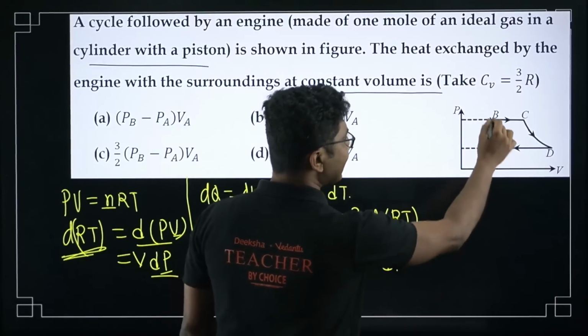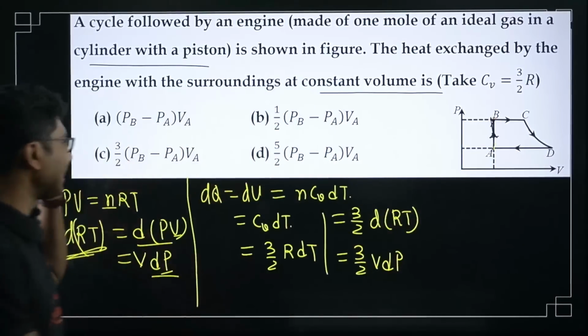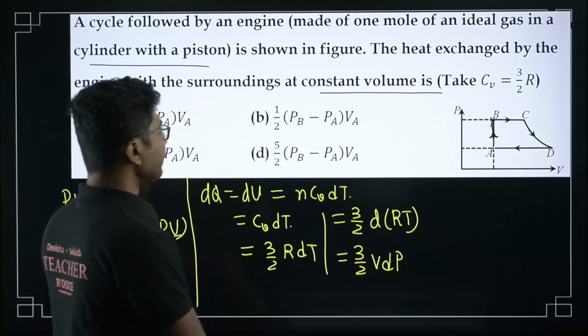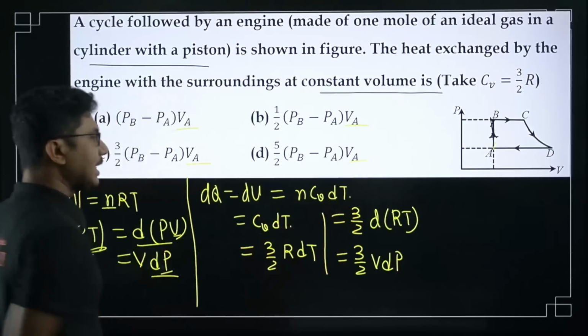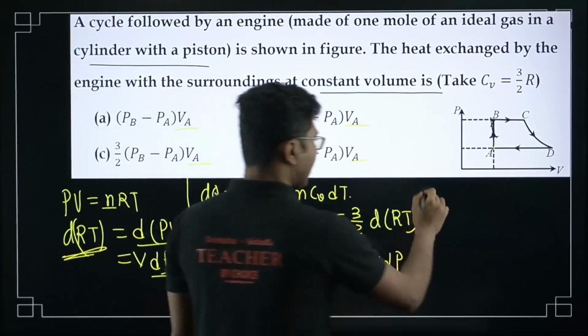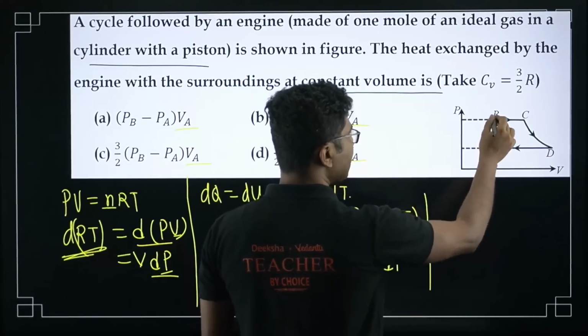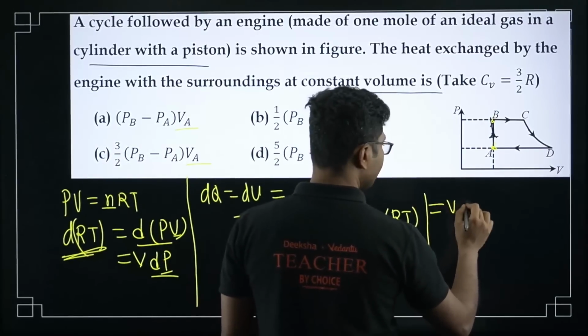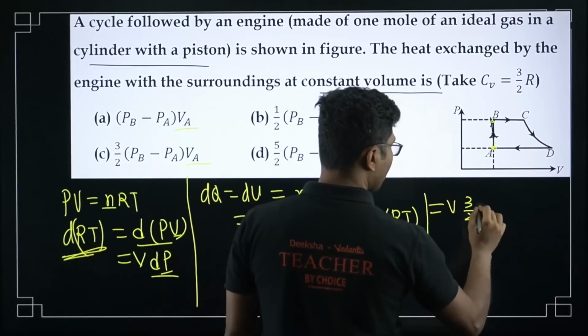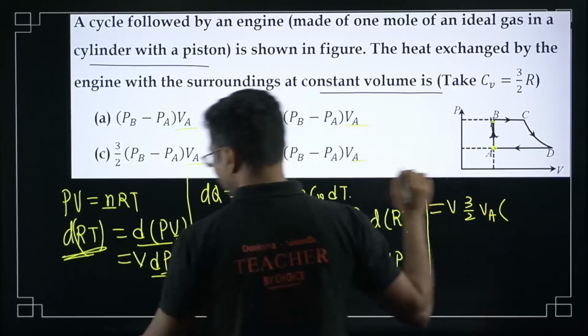Now V is basically the same for A and B, so you can write either A or B, it does not matter. If you see in the options, in all options they have mentioned VA, so that's why I will also write VA. So as I said, volume is the same for A and B, so you can write VA or VB, it does not matter. So 3 by 2